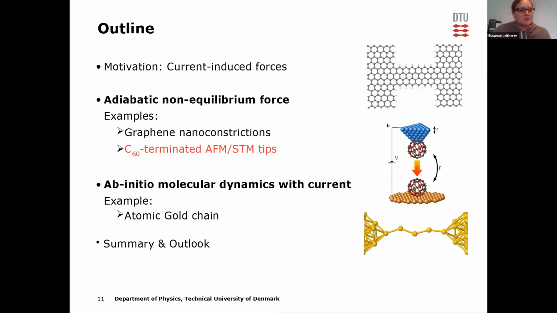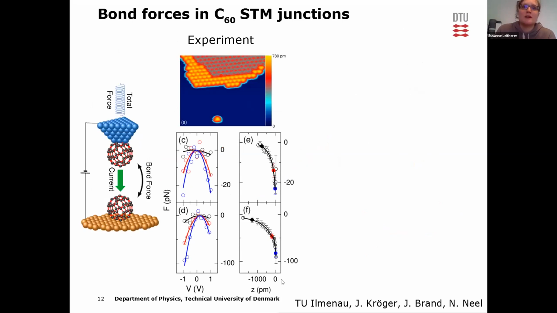Okay, now let me get to the second part. This is the C60 terminated STM tip on top of a layer of C60, or of isolated islands of C60s. These are experiments by Jörg Kröger at TU Ilmenau in Germany. It's a combined AFM and STM setup, meaning they can pass a current and measure forces at the same time